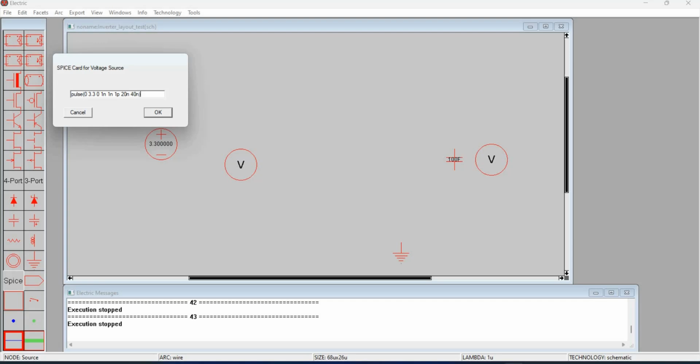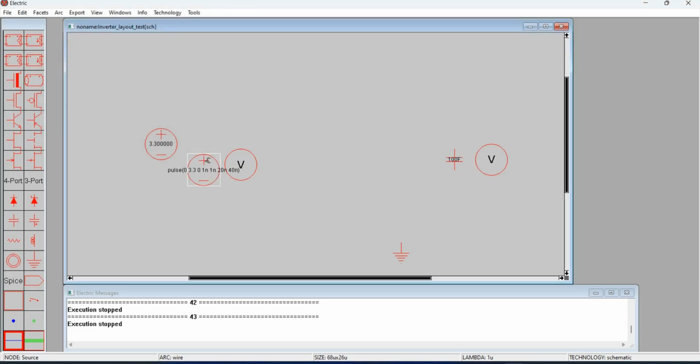In the next video lecture, it will be discussed what these values represent. So 0, 3.3, 0, 1 nano. You need to delete this one P. Okay, so you now have your pulse,